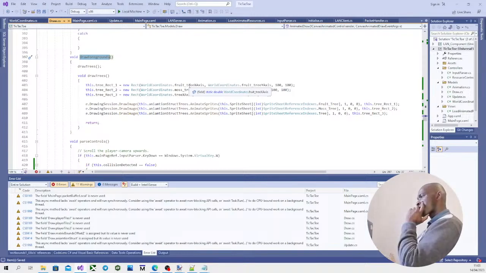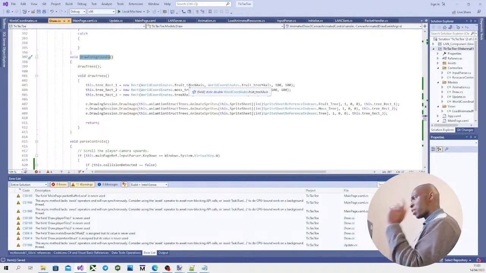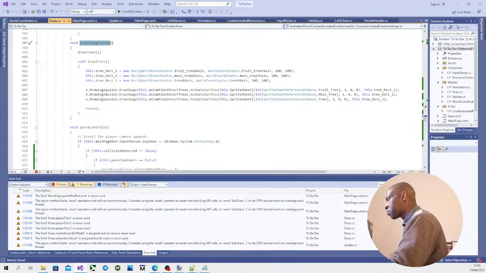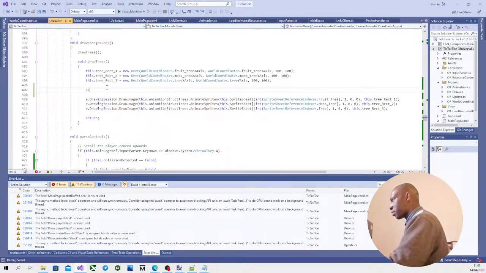Now, this is going to be very funny. Because what I could do is say check for returned collided tree and